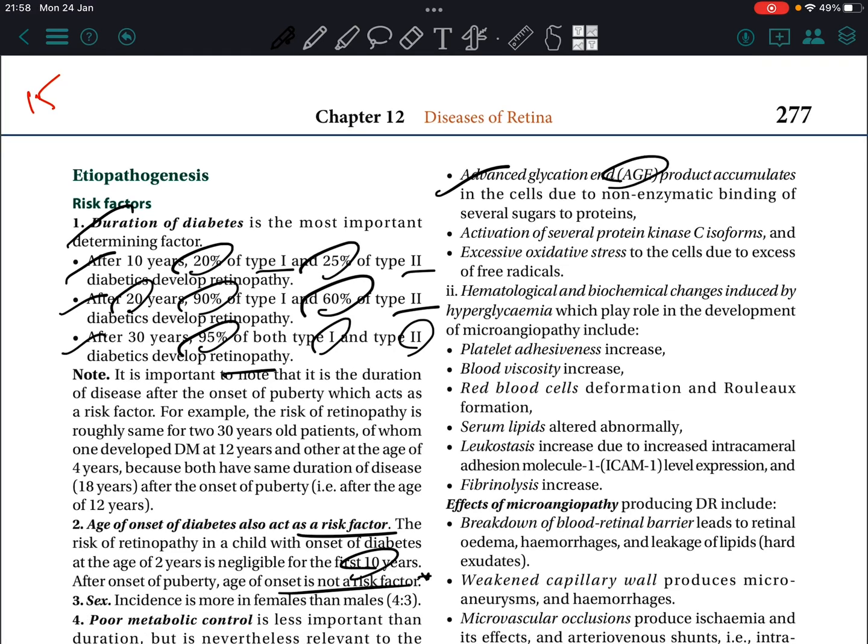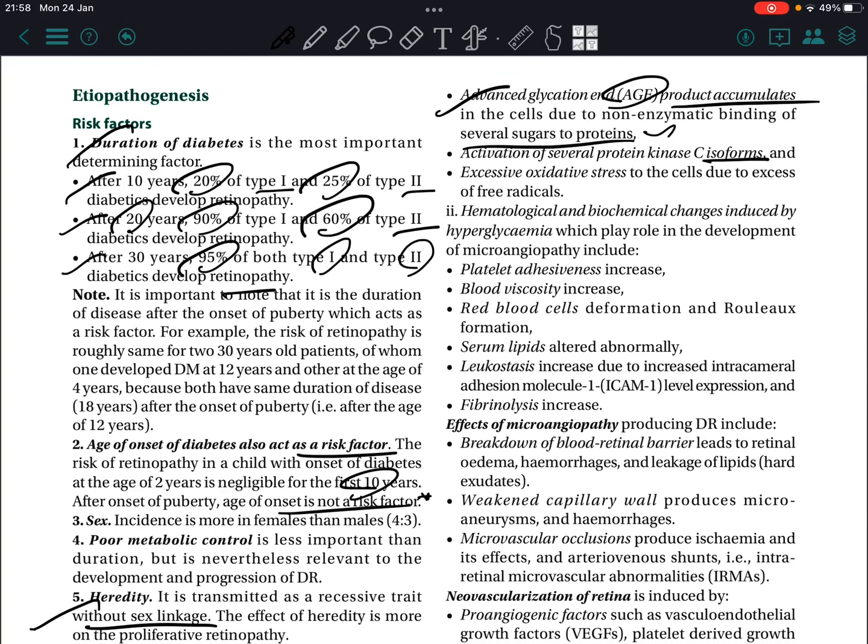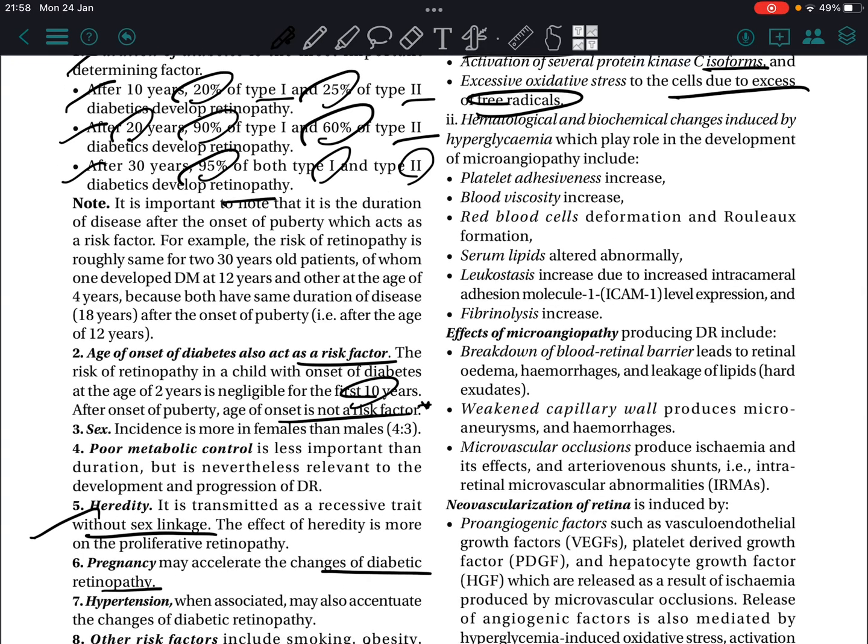Advanced glycation end products accumulate in cells due to non-enzymatic covalent binding to several proteins, activation of several protein kinase C isoforms, and excessive oxidative stress to cells due to excess free radicals. Hematological and biochemical changes induced by hyperglycemia which play a role in development of microangiopathy include increased platelet adhesiveness, increased blood viscosity, red blood cell deformation, rouleaux formation, abnormally altered serum lipids, leukostasis increased due to increased ICAM